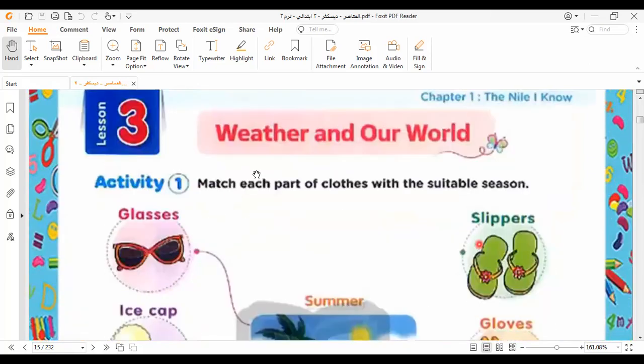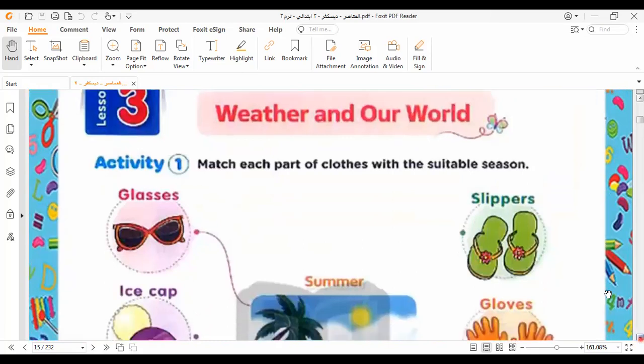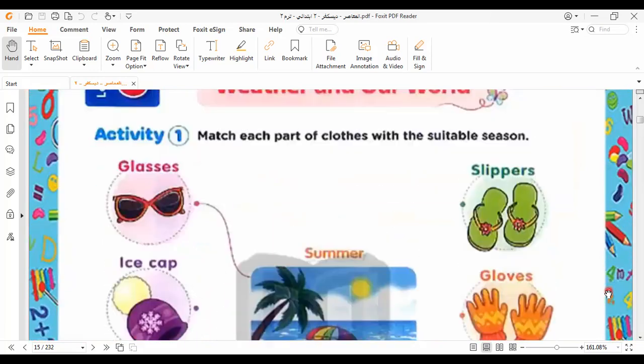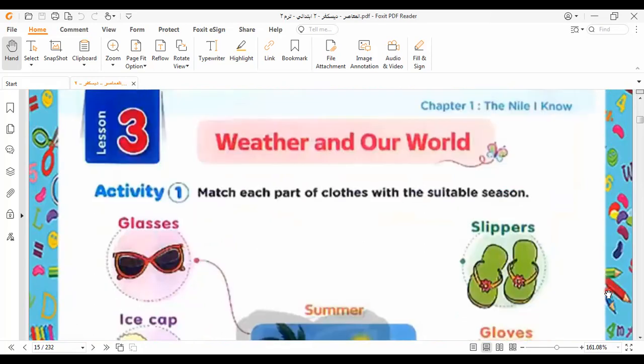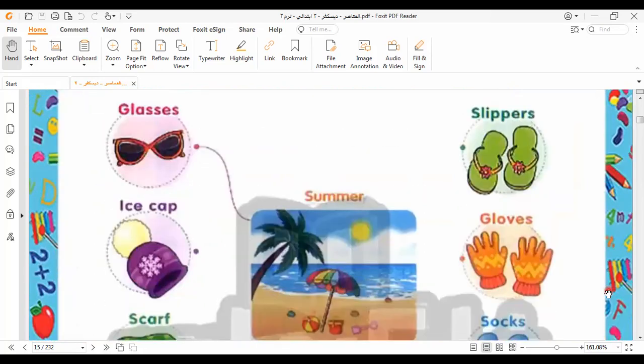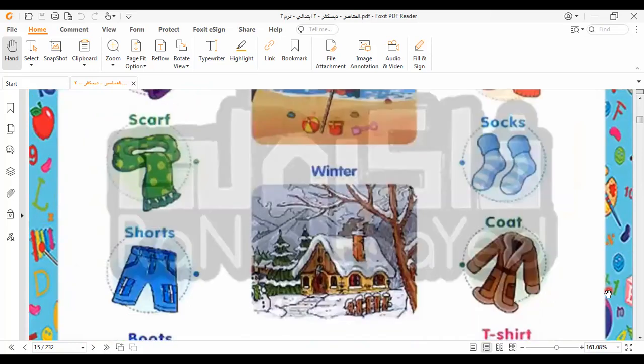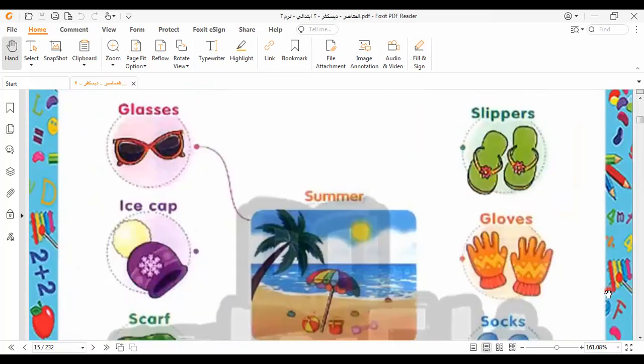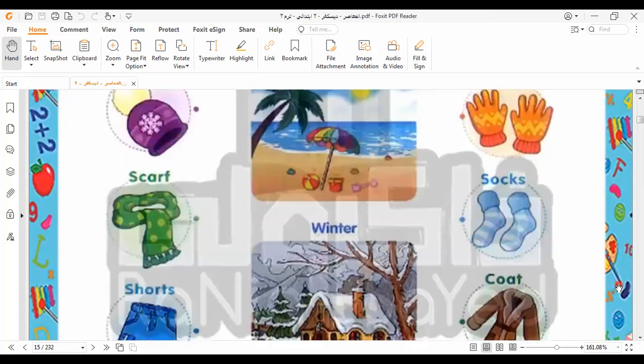Another activity: weather and our world. In this activity, we learn the clothes and things we wear in each kind of weather. In summer, we have clothes and things that we wear in this weather. In winter,